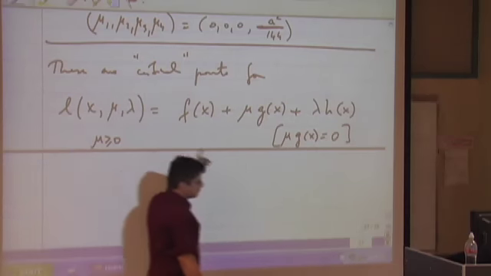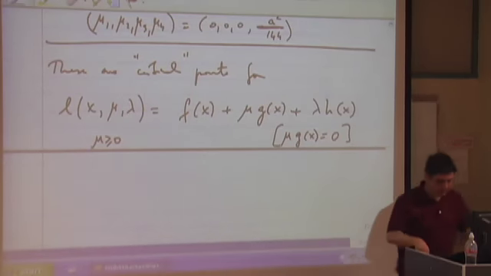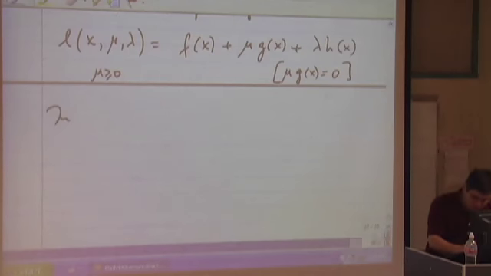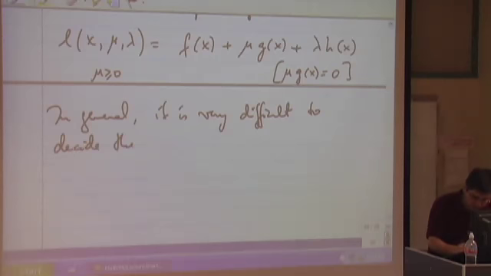And you have many more variables than you started with. So it's not practical. So in general, it is very difficult to decide the nature of these KKT solutions